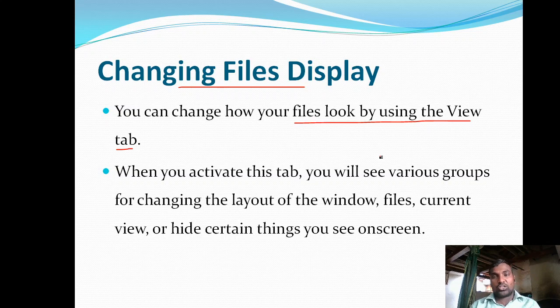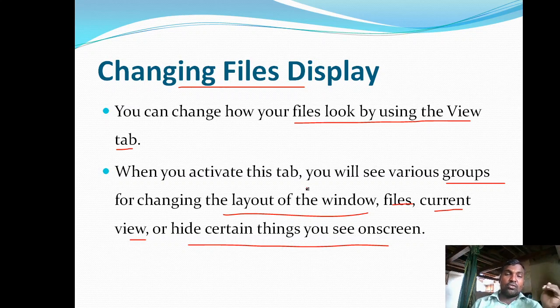With the help of those commands we can change the way the folders and files are appearing on the screen. When you activate this tab you will see various groups for changing the layout of the windows, files, and current view, and hiding certain things you see on the screen.